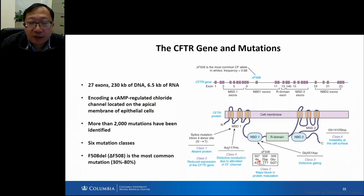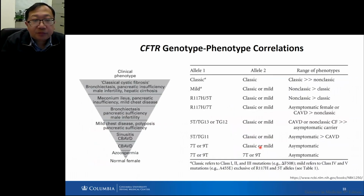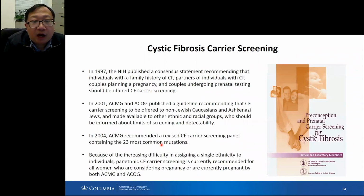So they cause the major blocks in the protein maturation. Based on which mutations you have, you could have the very classic phenotype, or you can have a milder phenotype. And to prevent cystic fibrosis, starting in 1997, NIH already proposed to offer the cystic fibrosis carrier screen